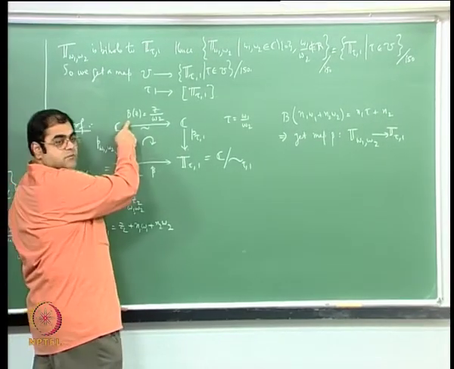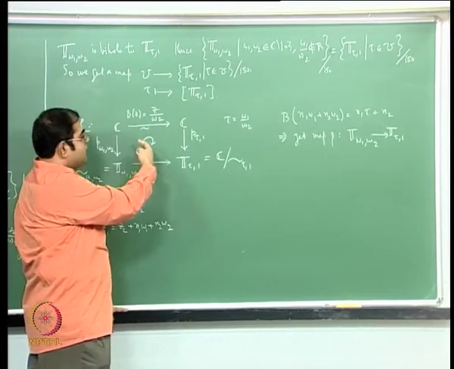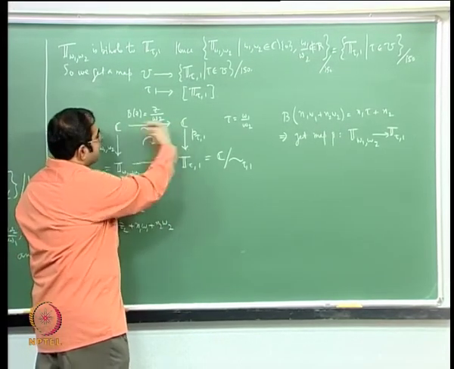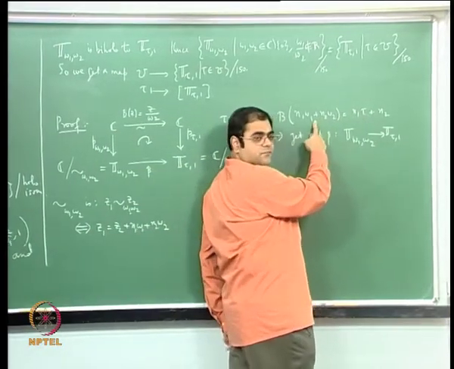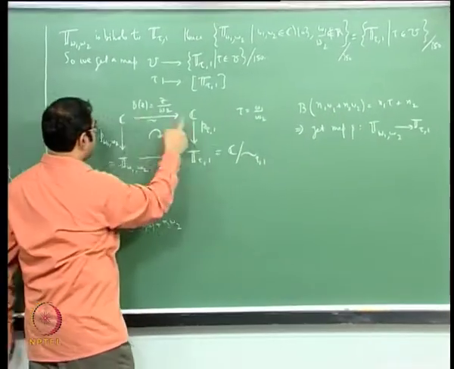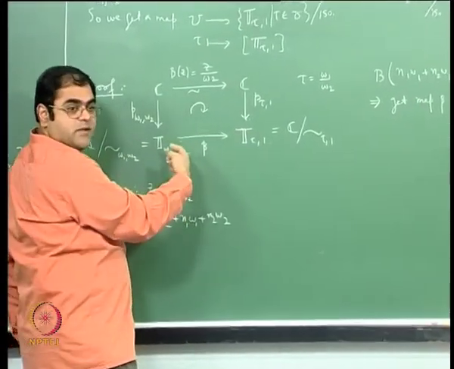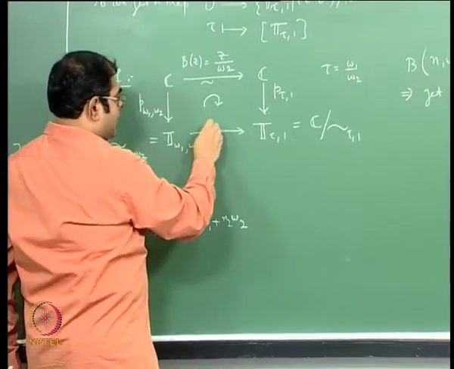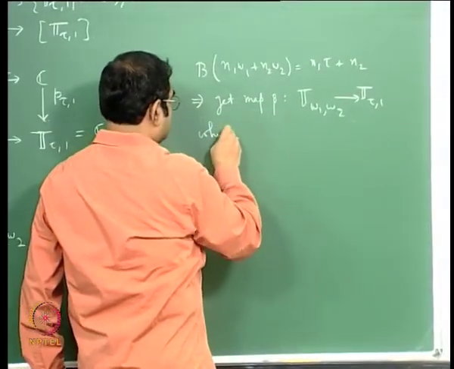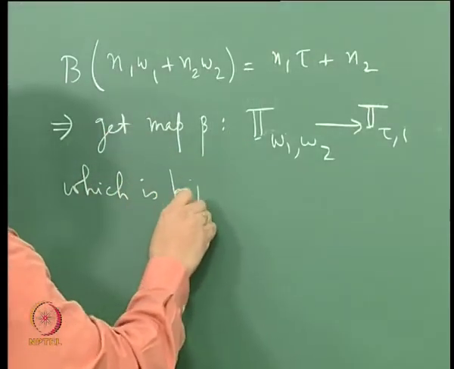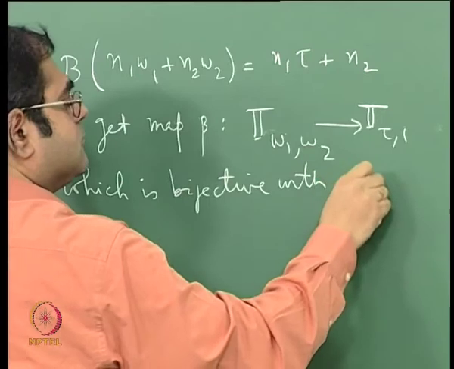B is after all an isomorphism. B inverse will be multiplication by omega 2. So B inverse will also map a point like this to a point like this, and that will also take the grid here to the grid here. So B inverse is going to induce an inverse for beta. So beta is actually a bijective map, with inverse